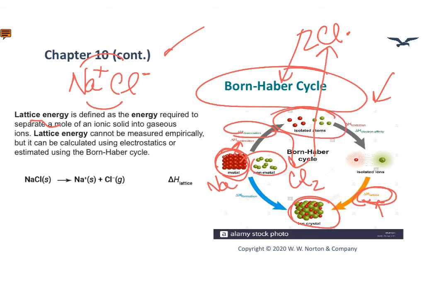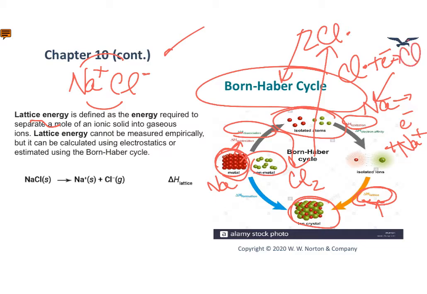At that point, you would have the individual isolated atoms, and then, of course, the metal gaseous atom would need to ionize. It would need to lose an electron to become the sodium cation. And so that's the enthalpy of ionization. The neutral chlorine atoms would have to gain an electron to become the ion, okay? And that's electron affinity, when you add an electron to an atom. Anyway, we will go through those steps, and you'll be expected to be able to do calculations using the Born-Haber